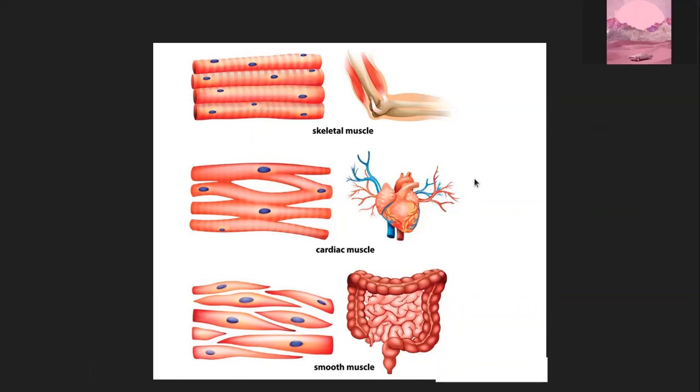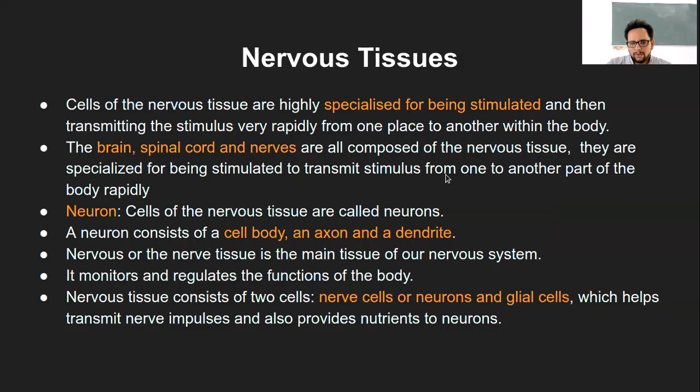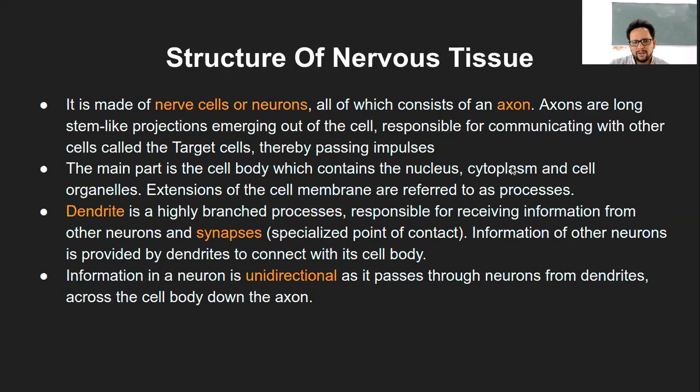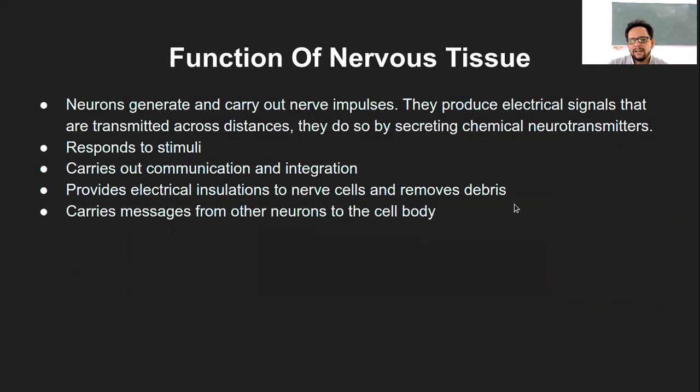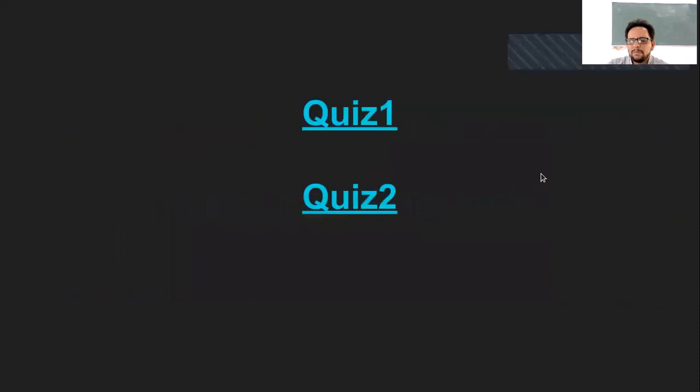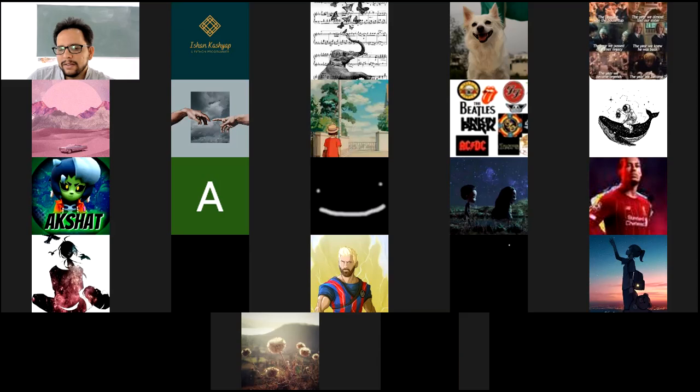Okay, does anyone have any question? Okay, so what we can do is, I guess we can stop here. We will not take more than 10 to 15 minutes in the next class to finish nervous tissue. Some of the facts you would know about it already. And then I have certain questions which I have put here. Don't go over them beforehand. We will do it in the class. We did the nervous system last year, so that would help.